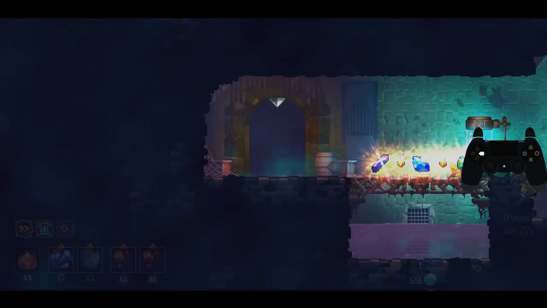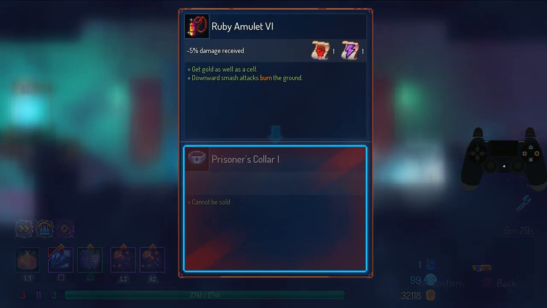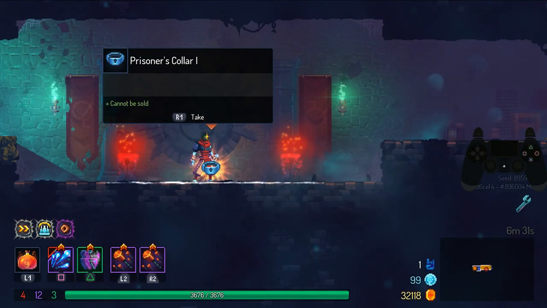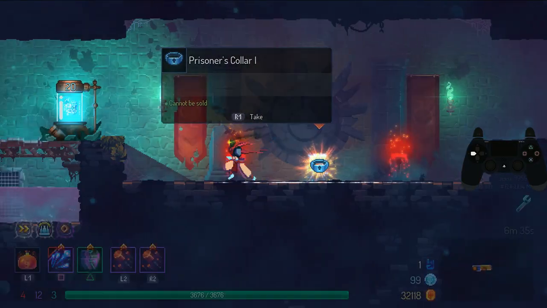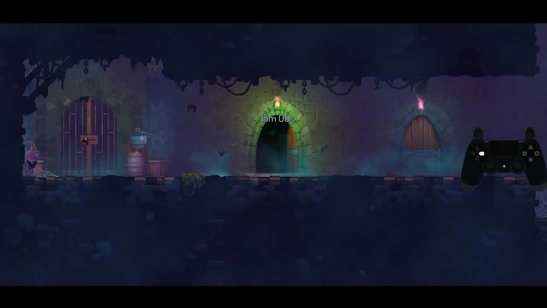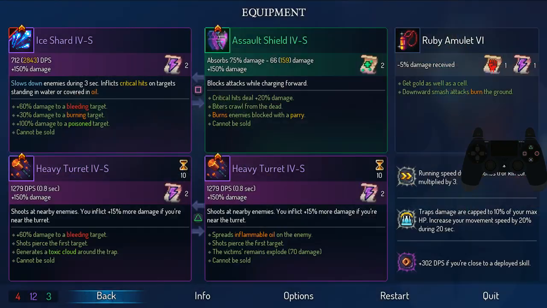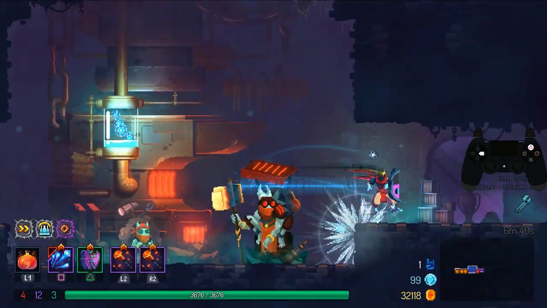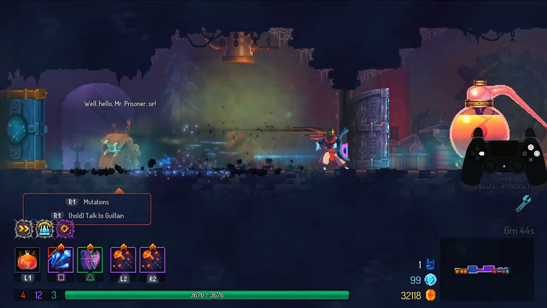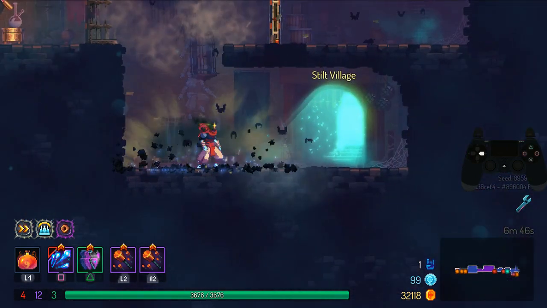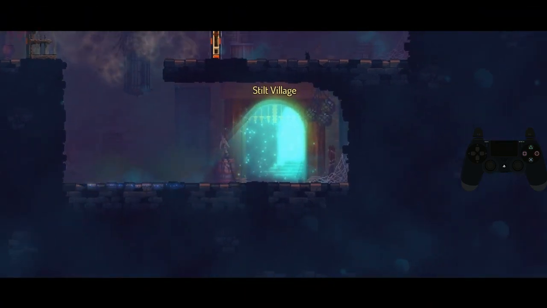You just go to this first time door that we're going to grab, and we're going to pick up this amulet. This amulet's good because on the top right, as you can see, it has tactics, and that's pretty much what we're going to be looking for. The downside to that is that it has burning on a downward smash. It's not burning in here, but